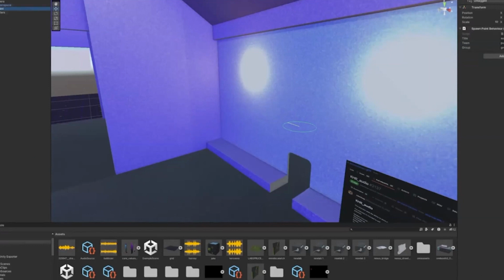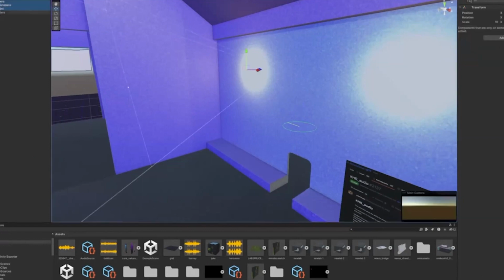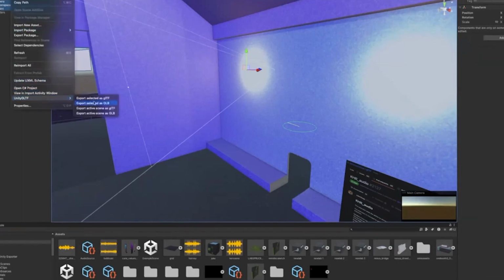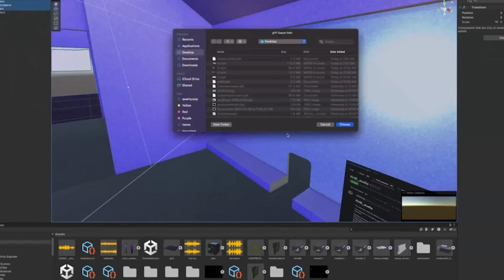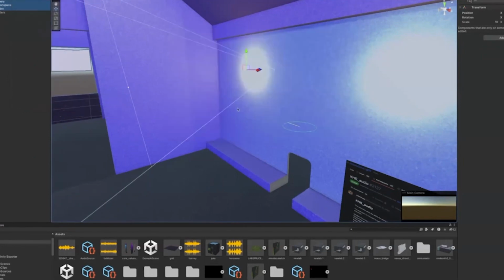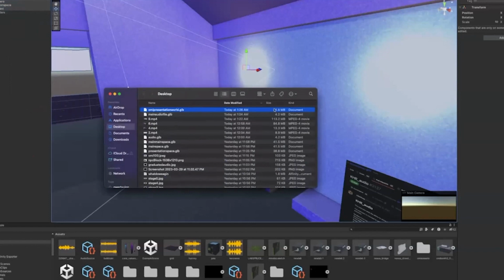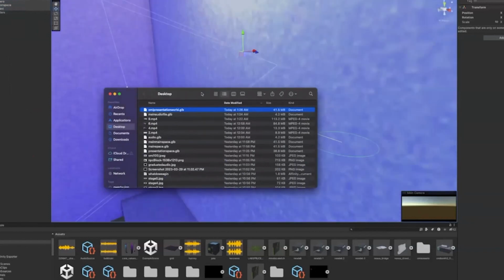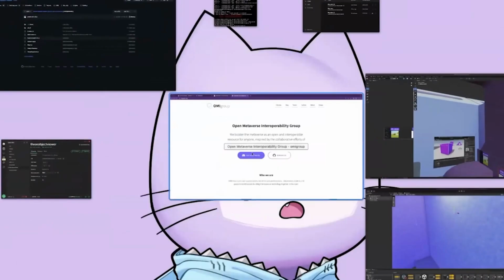That's what I really like about the Third Room exporter. You can select only what you want to export and omit what you don't want to. So I've already exported my audio file. Now I want to export my world. So I select just the 3 objects for the remainder of the world, and then I'll go Asset, Export Selected as GLB, choose that, and I'll save that. So now it's a presentation world. This world is really big. It's like 40 megs. I do not recommend doing that.